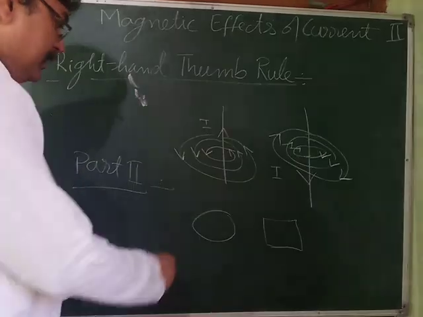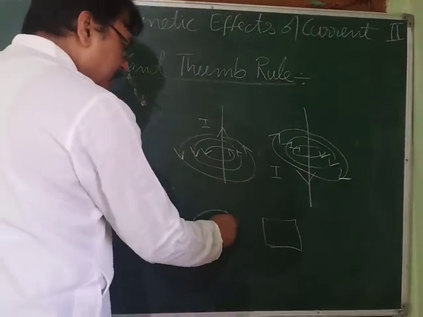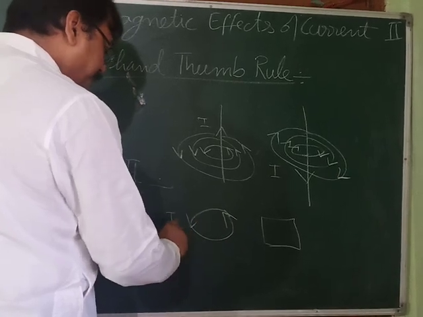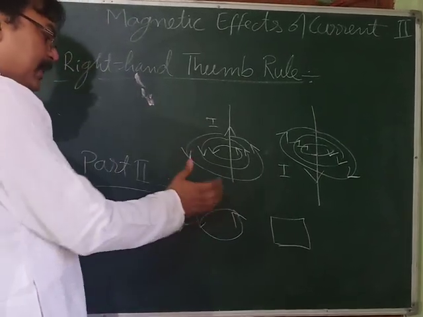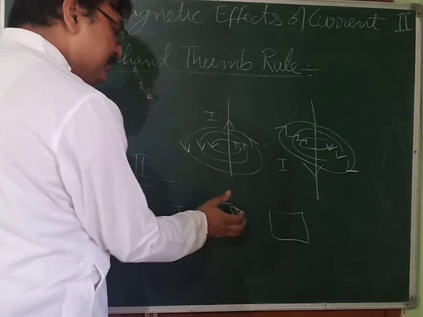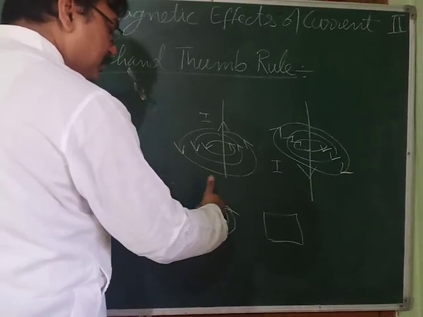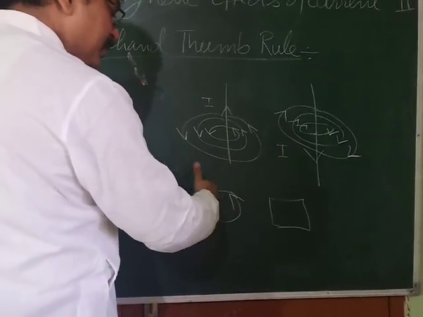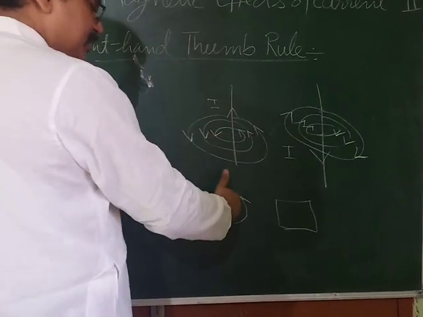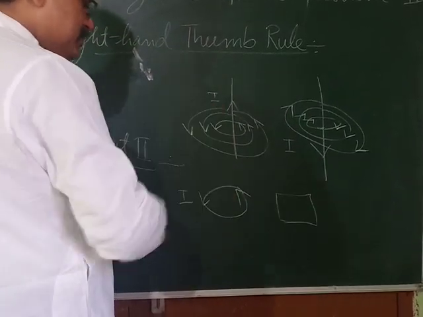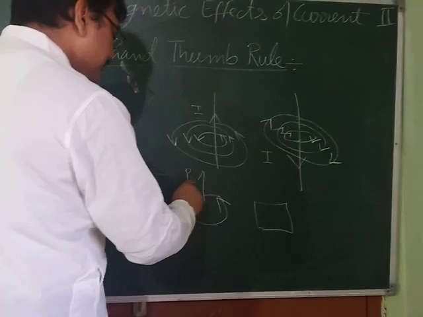Full stop. See here. This is a circular wire. Suppose current is flowing in this like this. So what you have to do? We have to keep our hand such that these fingers represent this direction of current. So the curling fingers are representing the direction of current, and the thumb is indicating an upward direction. You can see, so its magnetic field is directed in the upward direction.